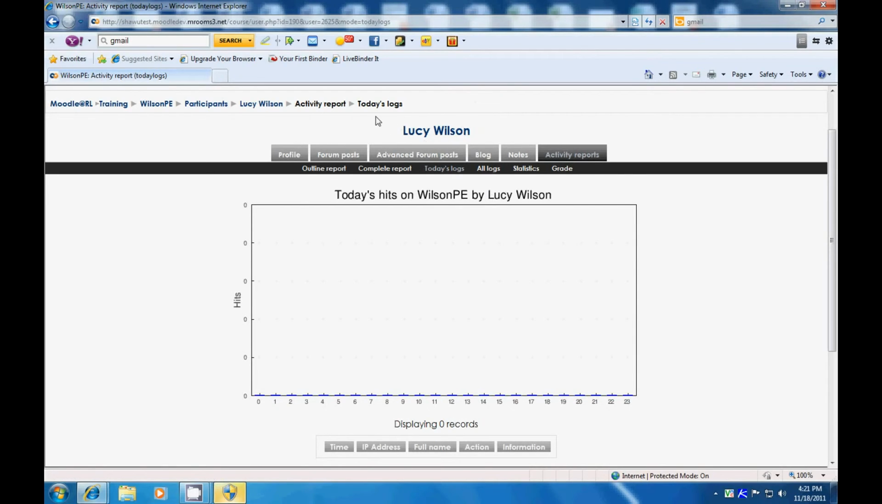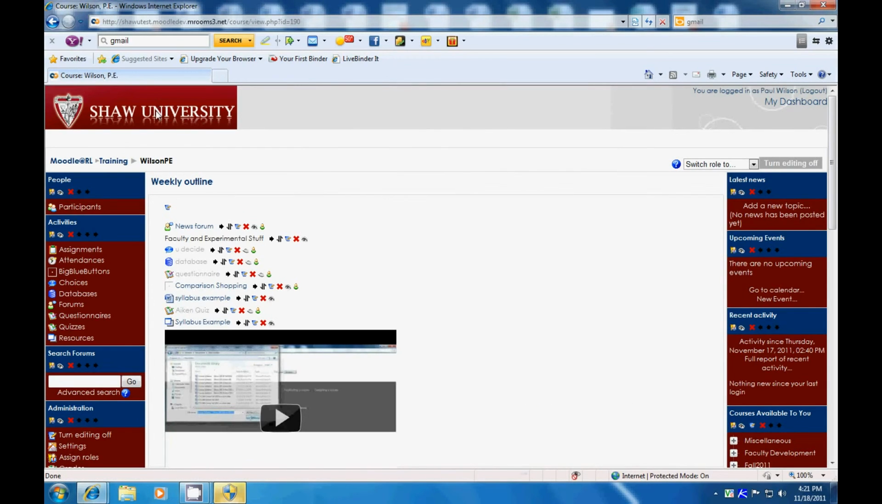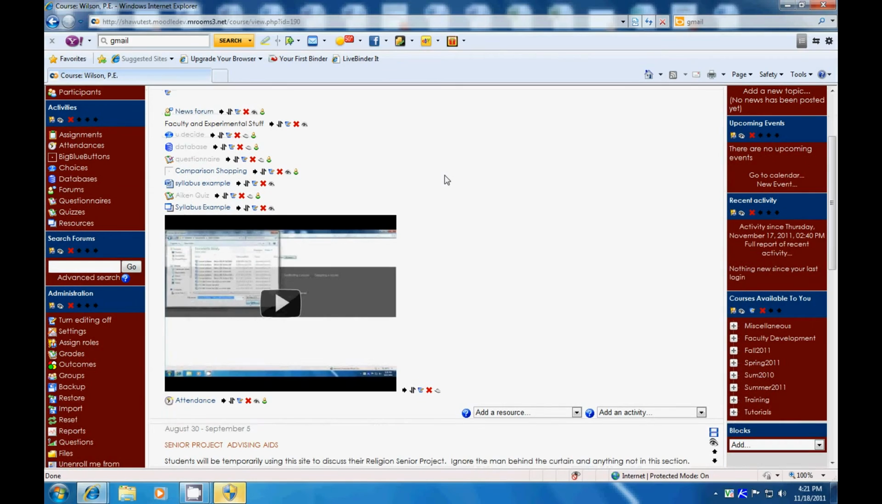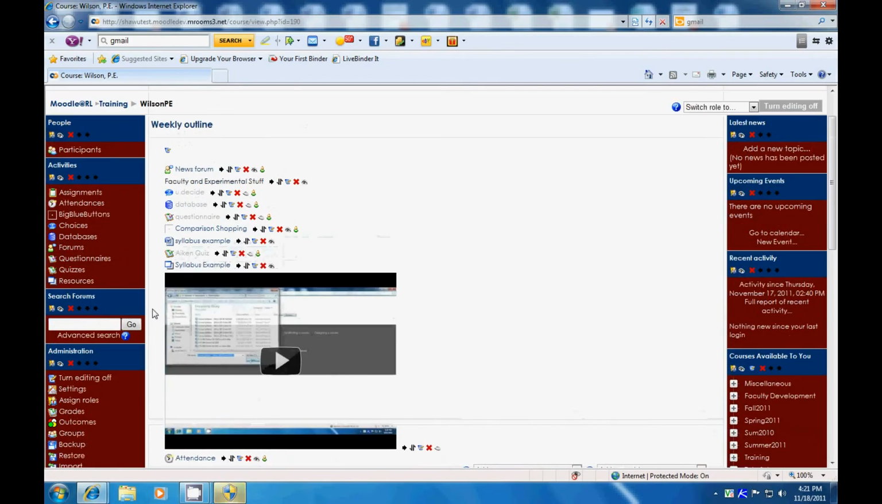Let's go back to the class now. So we follow the breadcrumbs and we go back to the class itself. What I have been doing is tracking one particular student. Of course, I can track and see about the class itself. There are lots of statistics that I can find. If I have a quiz in the class, I can go to the class quiz